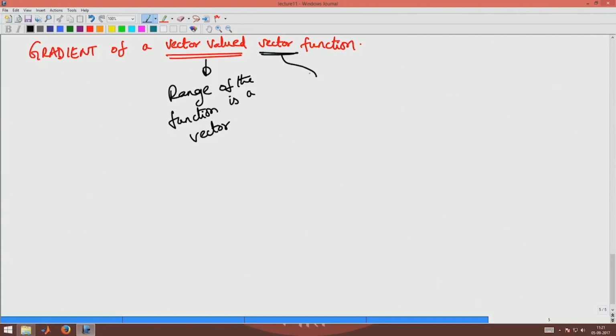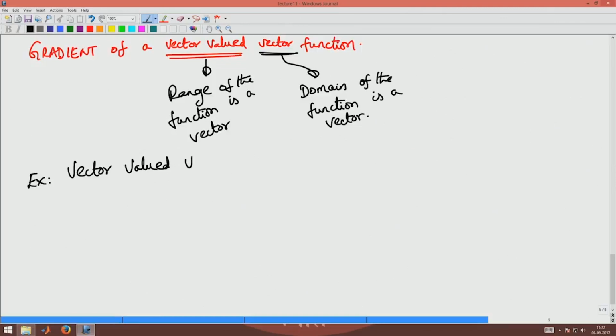This here says about the domain of the function. Function is a vector. Example of a vector valued vector function is